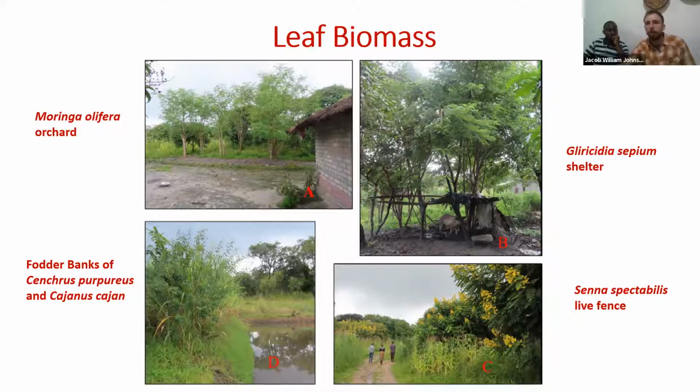And the farmer reported harvesting the evergreen leaves because they don't drop their leaves during the dry season, and the farmer depended on this tree when little vegetation is available during the dry season for composting. And finally, which I was most impressed with, is picture D, which is an intentional fodder bank that was planted on the bank of a fish pond. It's a mixture of Napier grass and pigeon pea. And the farmer reported slashing these materials so that she could dump them directly into the fish pond. So that's kind of an efficient management strategy for vegetative composting.